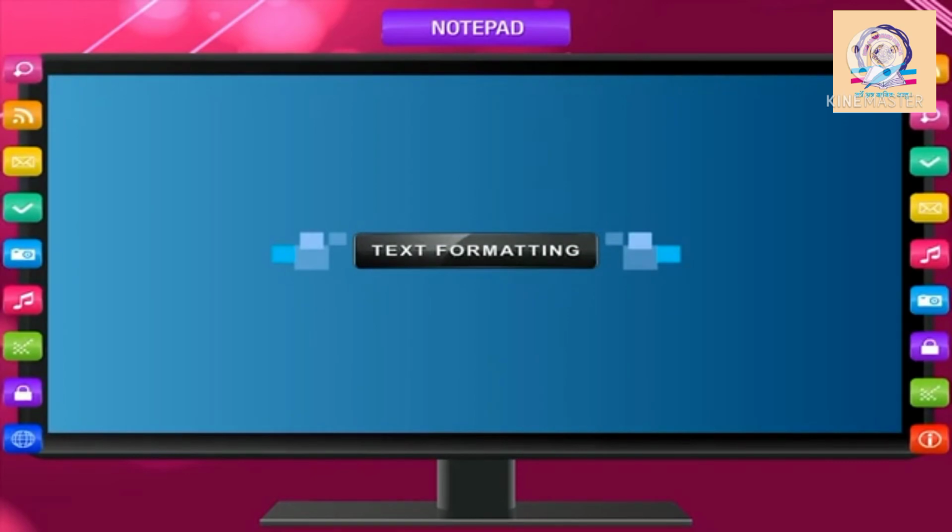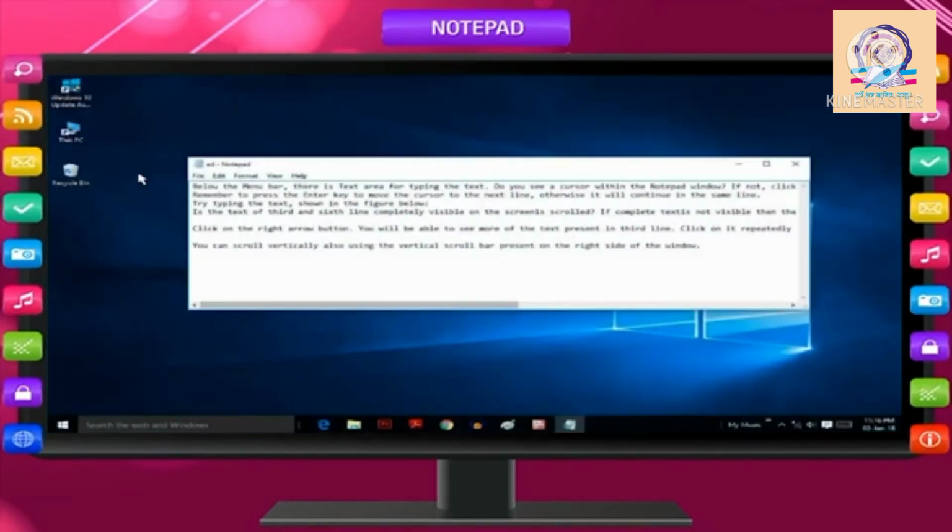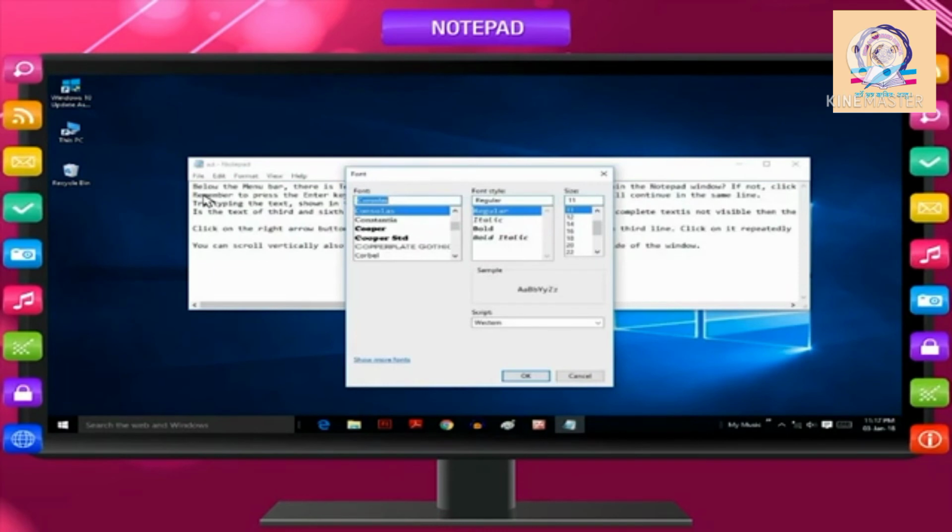Text formatting. Select the text to be formatted. Click the Format menu and then click Font. A new window called Dialog Box appears asking for font, font style, and size of font.